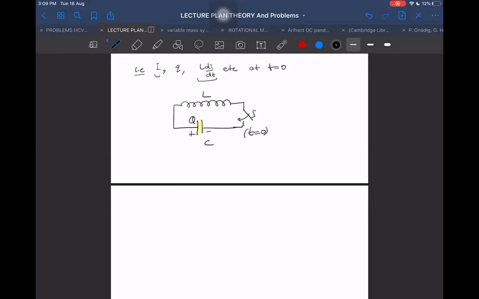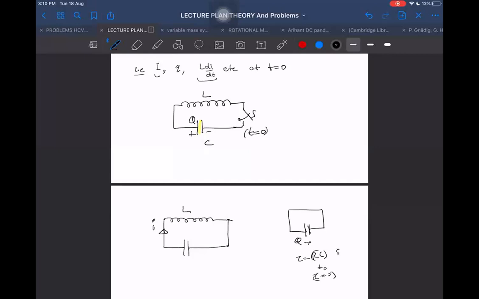So it will start discharging. As it starts discharging, the current through the inductor will start increasing. If the capacitor is directly connected with a short circuit, then what happens? Then the capacitor will get discharged instantaneously. What is the time constant for discharging? RC. If R is 0, then the time constant will become 0. And in 5 time constants, which is also nearly 0, in 0 time only, it will be completely discharged. Instantaneously, it will be discharged.